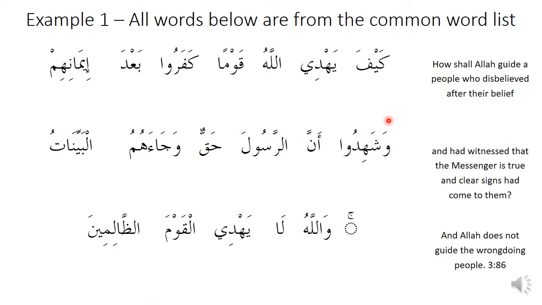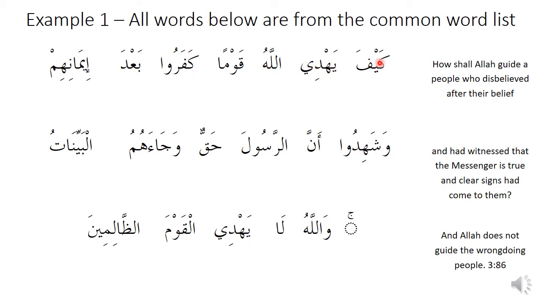So this is one verse. Each one of these words is from our word list, and there's actually hundreds of these examples. All the examples we give will be like this. Each of the words in each example will be from our 150 word list. We're not going to show you verses where half of the words are on our list and half aren't, because that's not as helpful. By showing examples where all the words are from our word list, it'll reinforce. So whenever you see a lesson, it'll help you remember the word list.